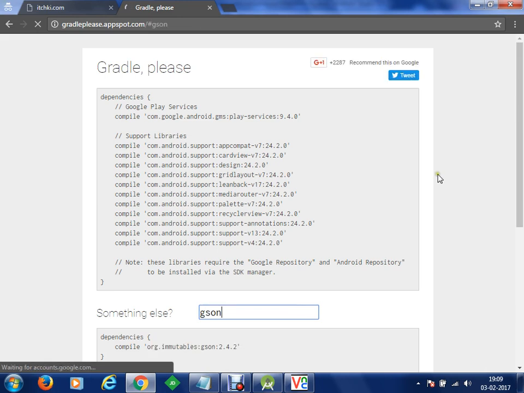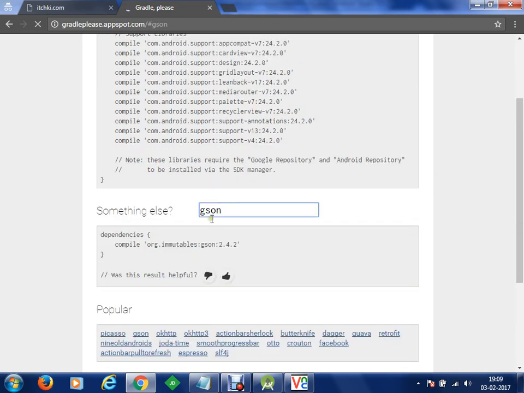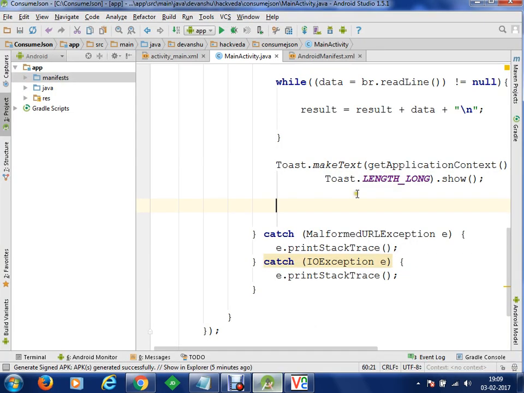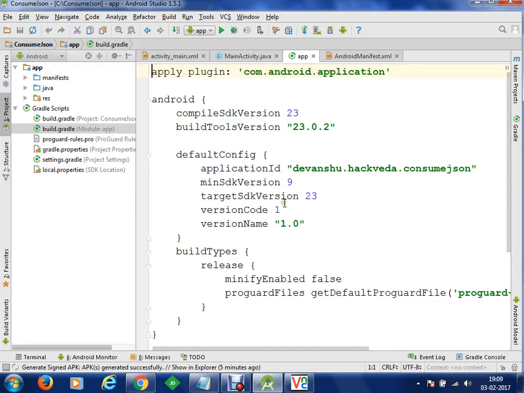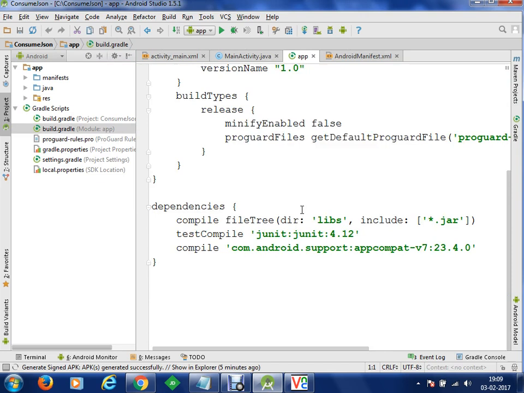JSON is the Google JSON library. So we have to take the name of the class, or you can say the package, from where we are going to import JSON, and then we will be able to use JSON in our project. So we'll go to Gradle. Let's open Gradle module app. We'll go to the bottom, and within dependencies, we have to paste this JSON package.